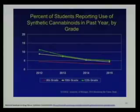And then this is kind of a pictorial showing what I just said. So you've got the use right here, and it's just nicely declined down. We would like to see it kind of right there, though. What kind of bothered me was you see a nice steep decline here. For 8th graders, it's almost, to me, more of a plateau. Not quite a plateau, but not enough of a steep decline down. So there's still a lot of work we can do to help keep these kids from trying this stuff